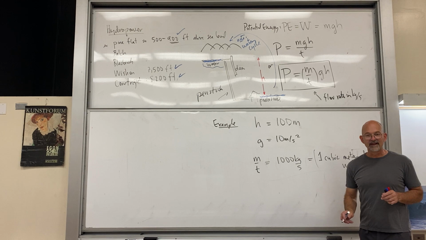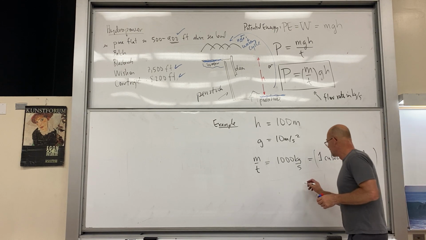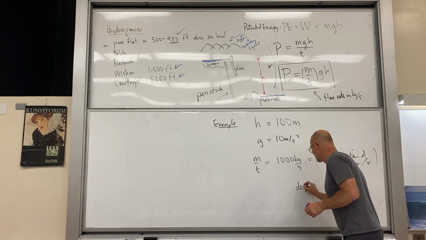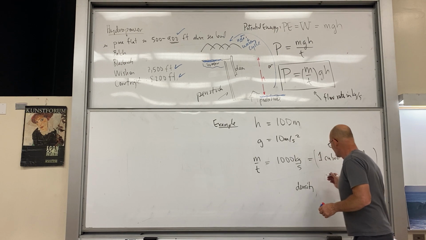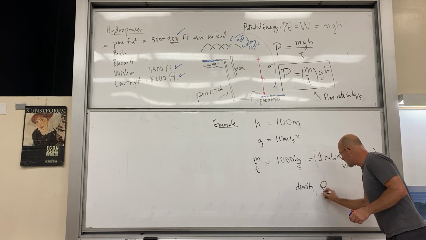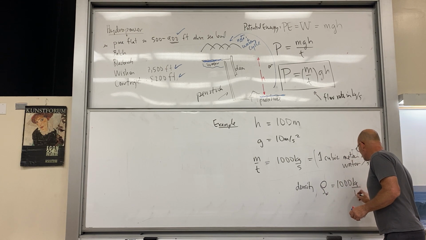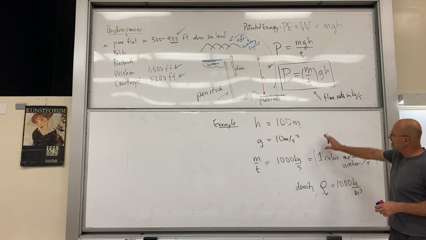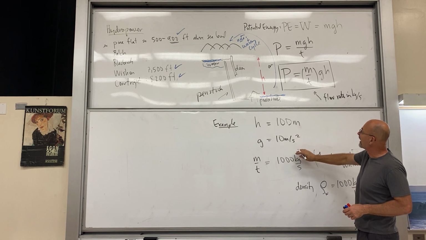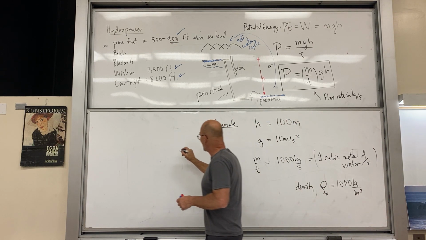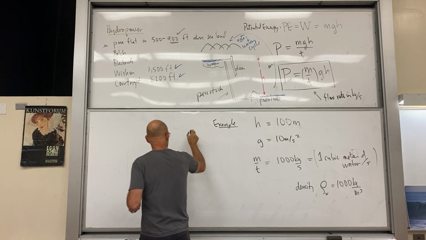Water has a density of 1,000 kilograms. So density, we're getting to that later in the semester as well. It's one of our Greek letters, rho, of water, 1,000 kilograms per meter cubed. Okay, but we can take these numbers, 10 and 1,000, and put them in our power formula, which I'll do right here,